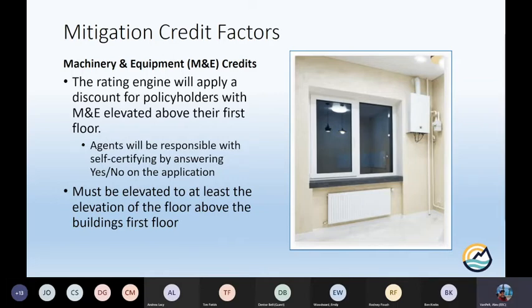If we're still talking that same slab on grade building, but it has 2 or more floors, it has to be elevated to at least the second floor. Buildings with basements or crawl spaces have to be elevated above that basement or above that crawl space. Again, what they're assuming is that your building was built into compliance, therefore your lowest floor is going to be above that BFE. And then others, same way, it has to be elevated to above whatever the lowest floor is.